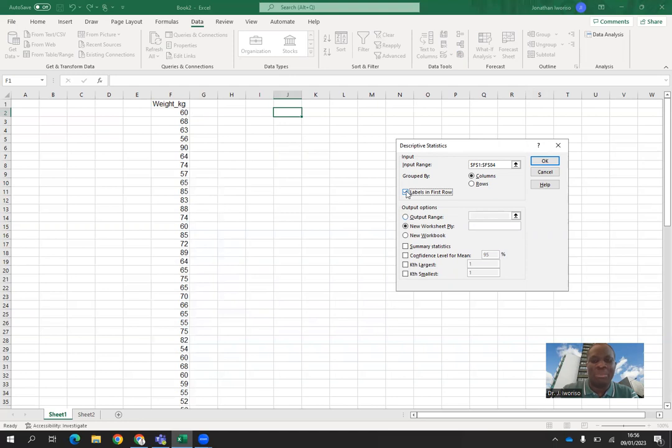You can only tick this box if you include the variable name in the input data range. Then the next is where we want our result to be published by Excel. So where should be the output of the analysis? We want it